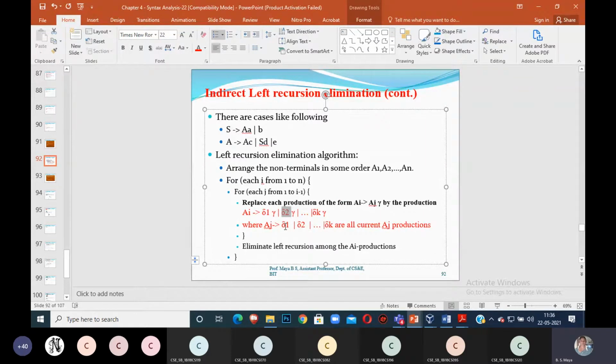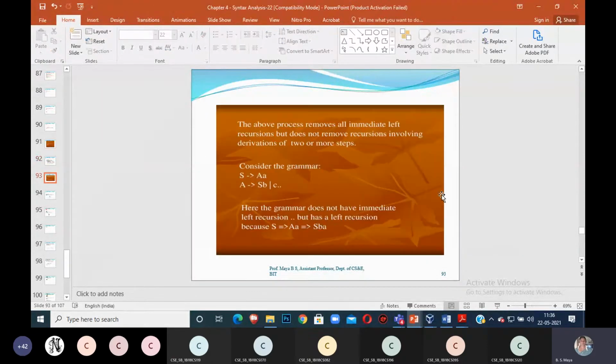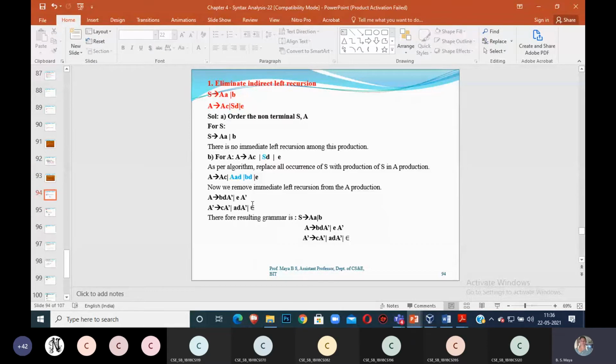Okay, this is the way of replacing wherever you want. For the first one, you just do the immediate left recursion. For the second one, replace the production from the previous ones, because you have to follow that. After replacing, you should do the normal left recursion removal. Okay, this is the method we follow for indirect left recursion. Once we are done with the indirect left recursion, this is the problem we did for A, B, A, C, S, D, A. I am ordering the non-terminals S, comma A. For S, I am taking